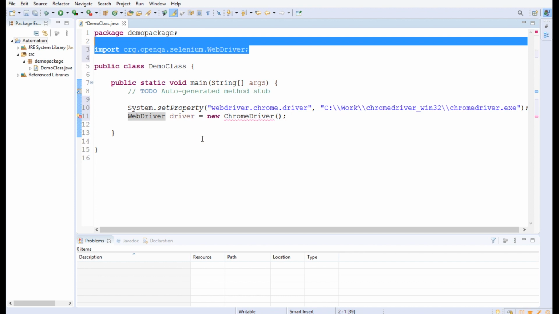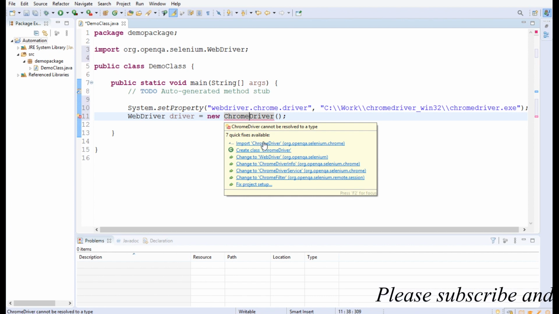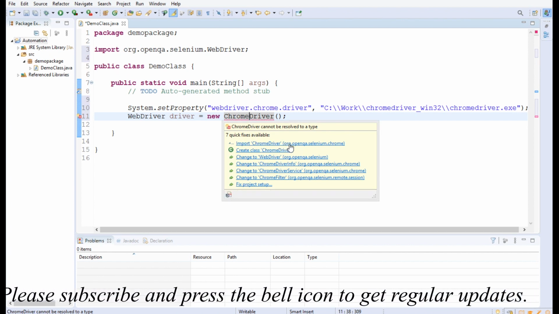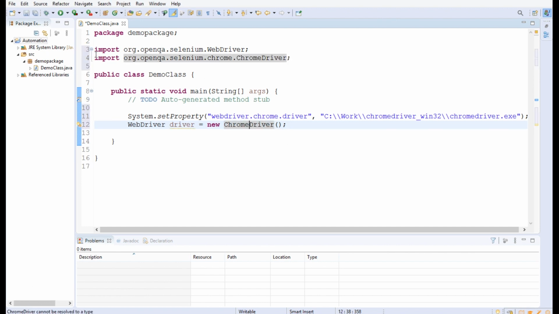Now I will take the cursor to ChromeDriver, and it says import ChromeDriver, org.openqa.selenium.chrome. We click on this, and it automatically imports the required package, and now the error is gone. So we have successfully created a driver object for the ChromeDriver.